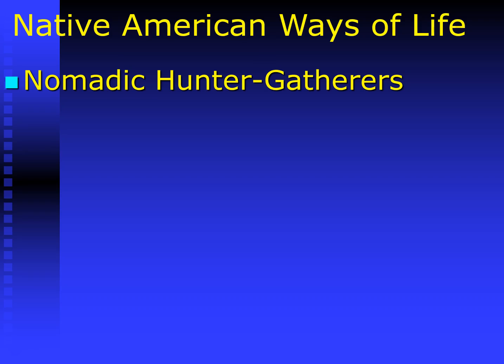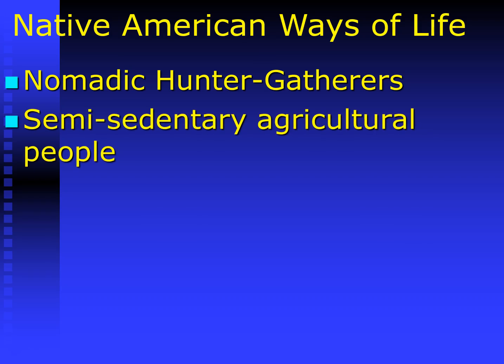Many Native American people started out as nomadic hunters and gatherers, that they would hunt for food. They would also gather plants that were already grown. So many Native American people made their early way of life in the Western Hemisphere as nomadic hunter-gatherers. And then eventually, learning about agriculture that many other civilizations in the world had learned, semi-sedentary, learning to grow crops